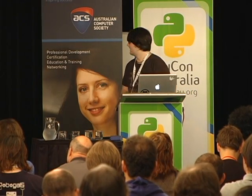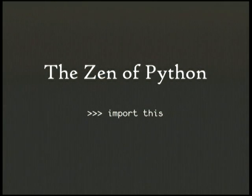As Chris alluded to, there is the Zen of Python, which is kind of the core of what our philosophies are. If you were to represent them in a very concise and short way, you would have the Zen of Python, which is PEP 20, which includes 19 statements, the 20th of which has never been written down. I'm not sure what it is. If anyone knows, please tell me. But essentially, it's these line by line statements that represent the philosophy of the Python ecosystem. Some good examples of this that we're going to cover today